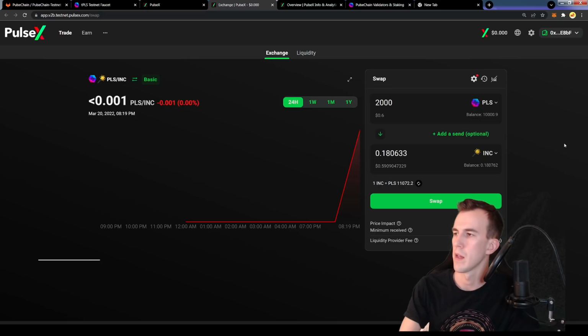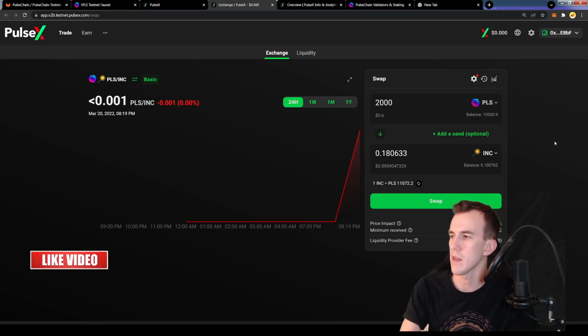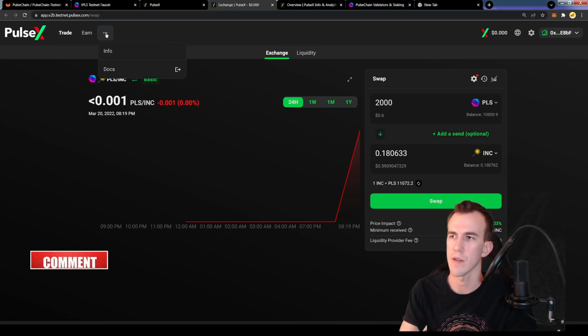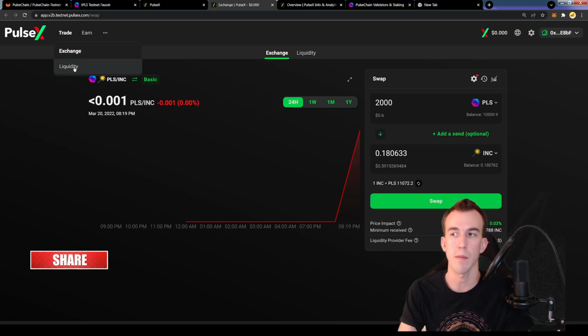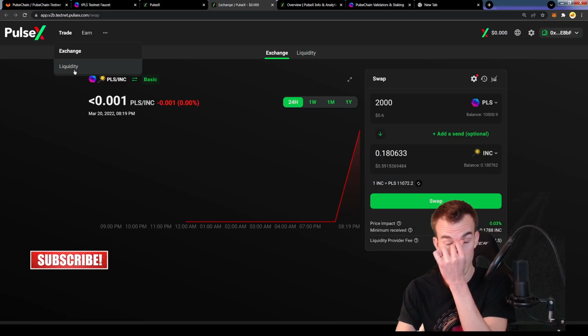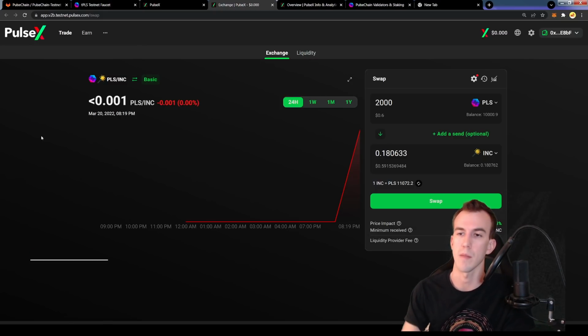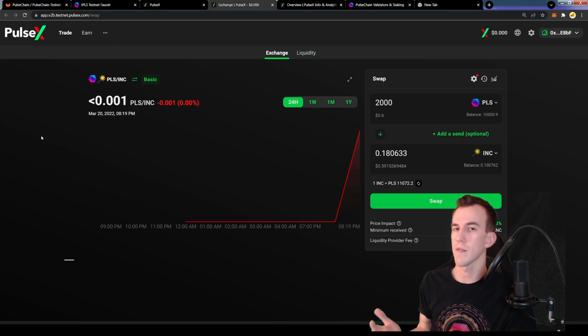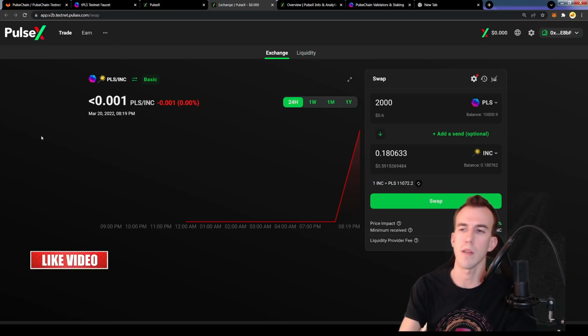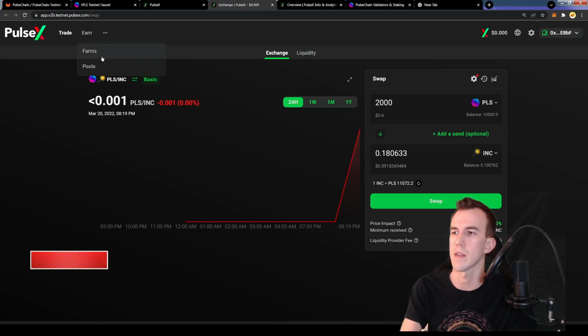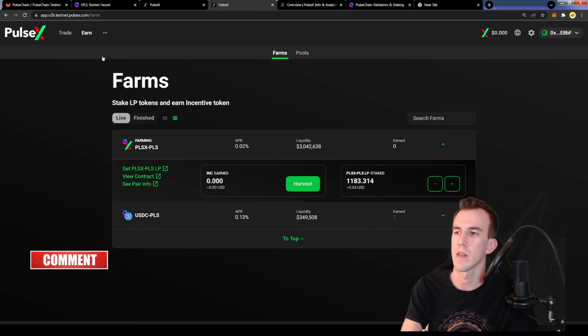It's really fun for me. But now I have some INC. I don't think you can do anything with the incentive token just yet. Maybe in the future. Anybody can build any use case for any token. So people can build something that burns the incentive token. People can build something that you can farm with the incentive token only. Anyone can build these little attachments. There's nothing stopping that. So yeah, farms is where you can check which ones are giving incentive token.